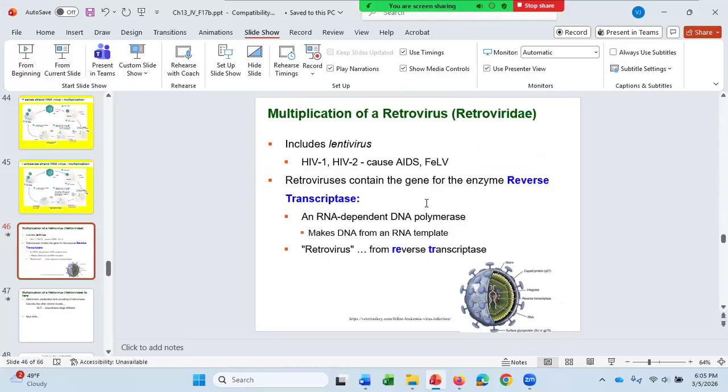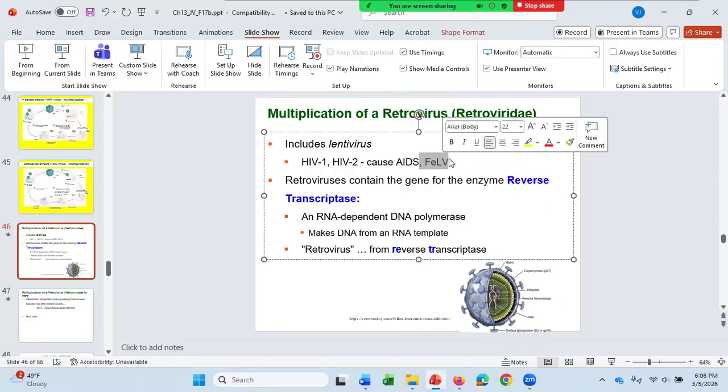Retroviridae. I do have time to talk about this, including lentiviruses, which you probably don't know that term, but lentiviruses include HIV-1 and HIV-2, the viruses which cause AIDS, and also feline leukemia virus, sometimes called kitty AIDS. The difference is feline leukemia. The cat will eventually die of leukemia, but the leukemia weakens the cat's immune system, so the cat becomes sick